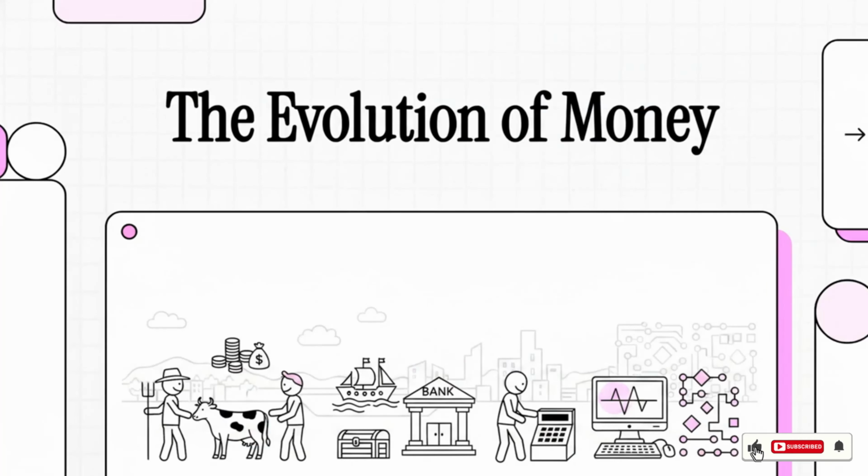So today we are going to completely demystify the complex world of finance by tracing its historical roots. From ancient farmers trading their livestock, all the way up to modern computer networks validating digital tokens, the story of money is literally the story of human civilization itself. Let's get right into it.